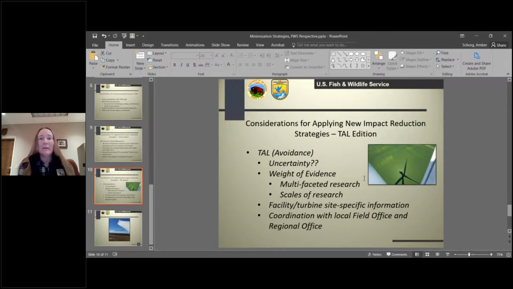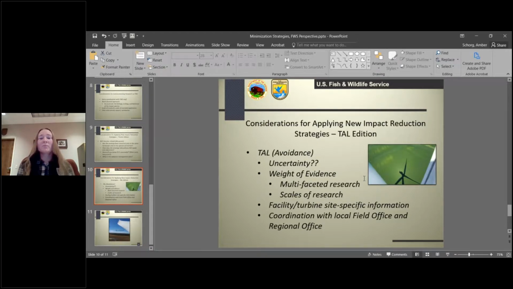I think it requires a multifaceted approach, as I mentioned earlier. So looking at the weight of evidence surrounding the effectiveness of a technology, both from the species biology perspective, as well as the effectiveness that it has shown in field tests and other places. Has this particular technology been studied at a large scale, more than just a pilot project? And how can it be applied from a few turbines to a full farm, so that we can make the statement that avoidance is true for a full multi-turbine facility? And then finally,